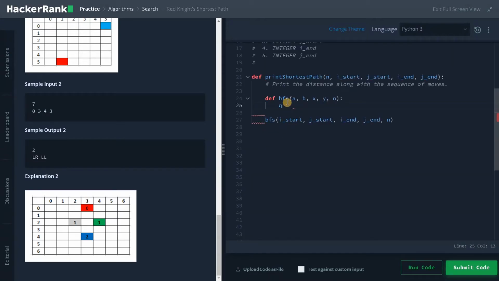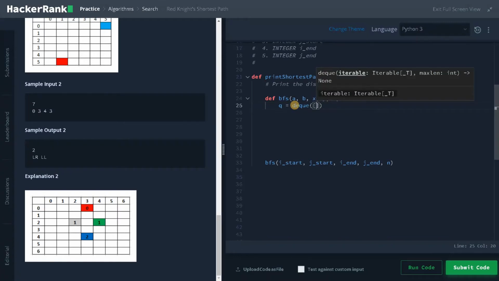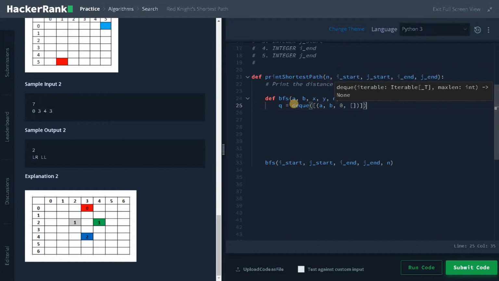So Q equals deque of a list, and inside the list I am going to have a tuple with the coordinates. Starting coordinate is a and b. Initially the number of moves is 0, and a list. The list contains the path from the source to the destination. If you consider knight on the chessboard, it will have only these three things, but here we are just going to add this additional path.